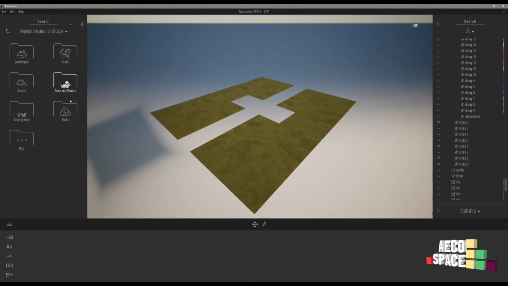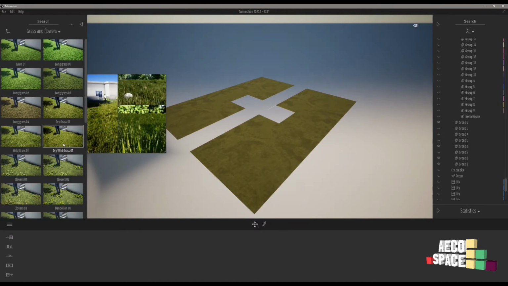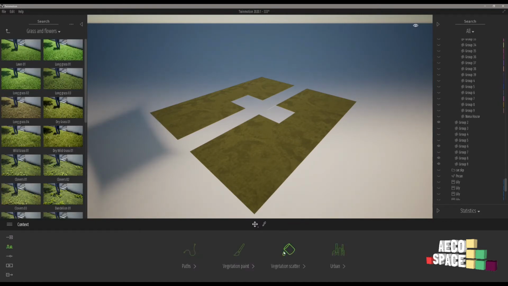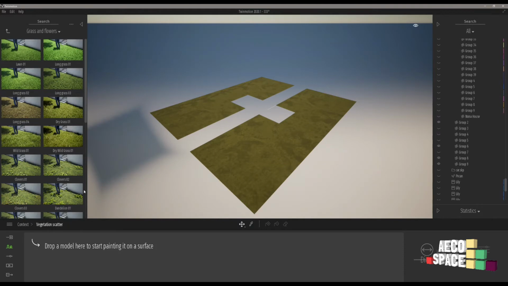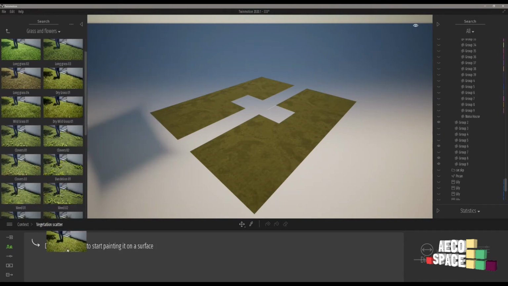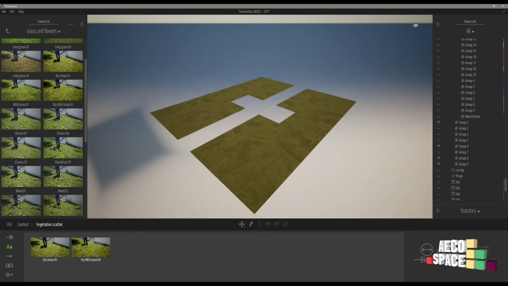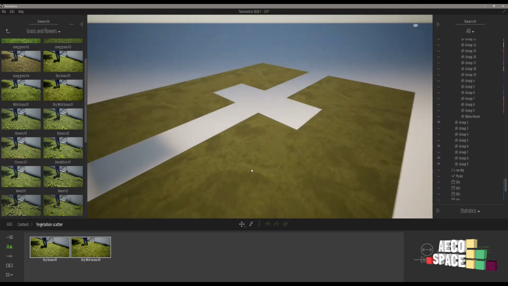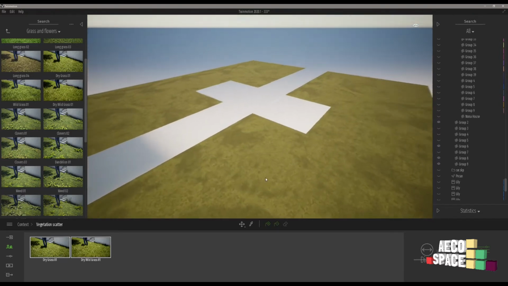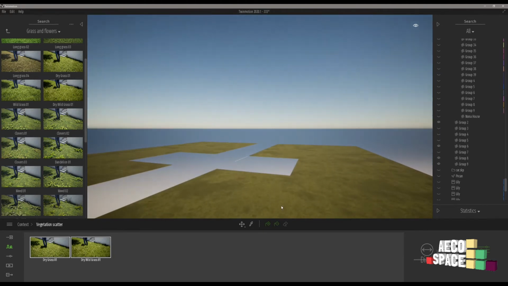And now I'll go back to grass and folders, but from vegetation scatter. From here I can drag a couple of grass models and grass material, select all of them, zoom to selection,